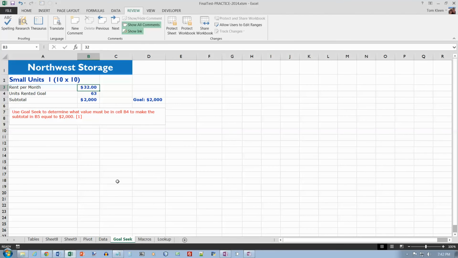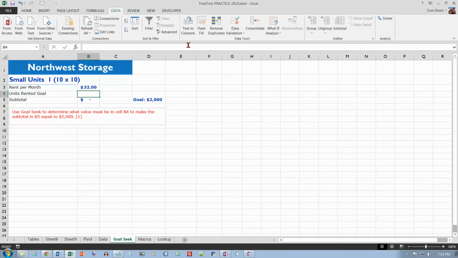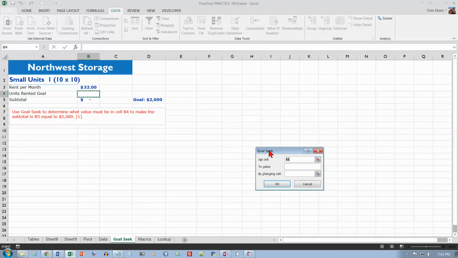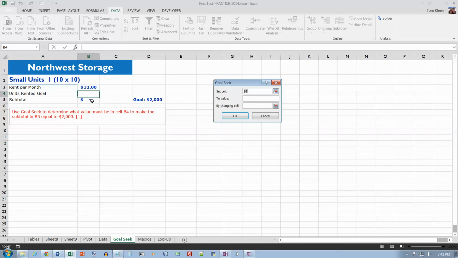Okay, let's go to the Goal Seek tab, and I've already got the answer in there. Let's delete that and start over again. Use Goal Seek to determine what value must be in cell B4 to make the subtotal in B5 equal to 2,000. So Goal Seek is on the Data tab, and it's under What-If Analysis here in my Data Tools. And I want to use Goal Seek, and I'm trying to set this cell right here equal to the value 2,000 by changing the number